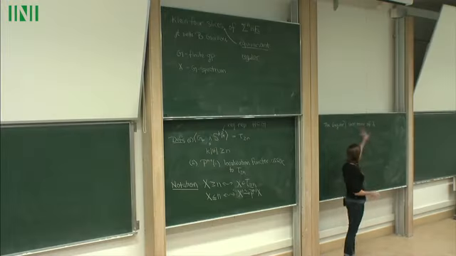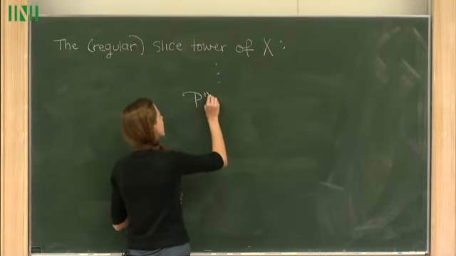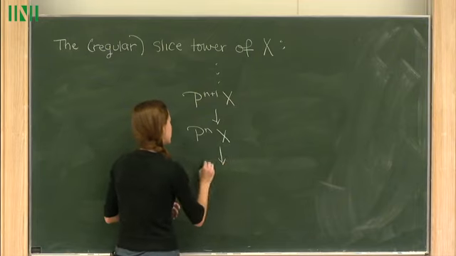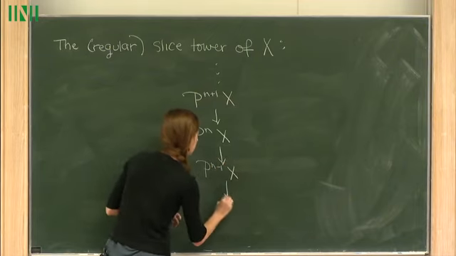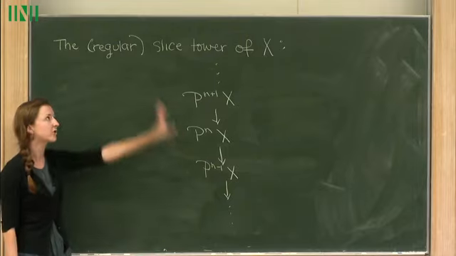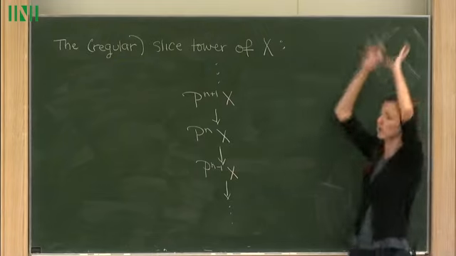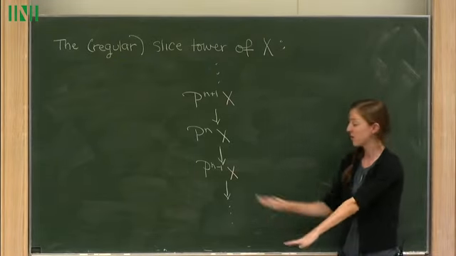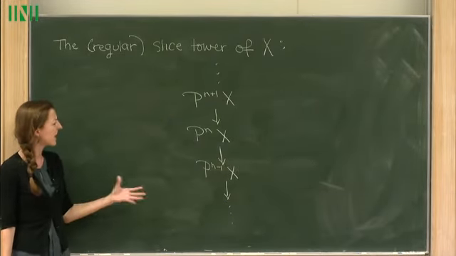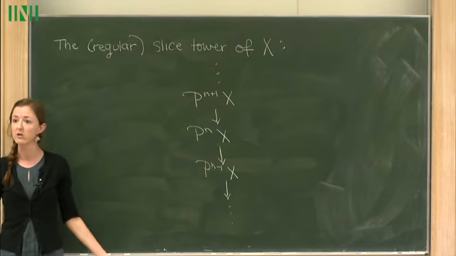All right. So all these natural transformations are going to fit together to form our tower. So I might have something like the n plus first mapping to the nth, and so on. And this is really constructing X in an analogous fashion to the Postnikov tower, in that if we look at the limit, we're going to have X, and if we look at the colimit, we're going to have something contractible. But what we're going to really focus on today is what's happening at each stage and keep track of the fibers, which we call slices.